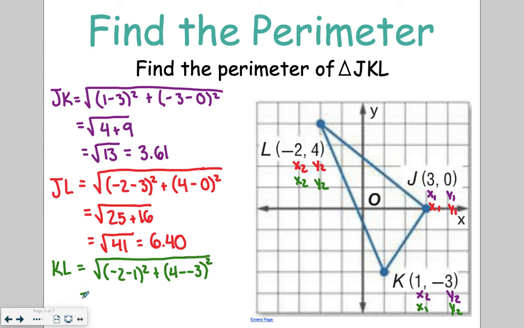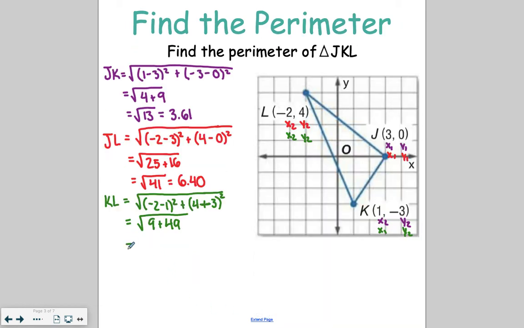When we simplify, we've got negative 2 minus 1, which is going to be negative 3, squared is 9, plus 4 minus negative turns into a positive, so 4 plus 3 squared, which is going to give me 7 squared, which is 49. So we are now looking at the square root of 58 after I do my addition, which is going to give me